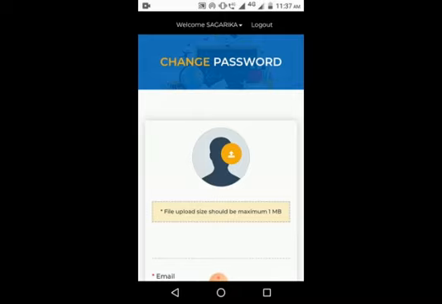Please make sure that the picture you are uploading is not more than 1 MB. Sometimes we take pictures with a digital camera, so the file size can be large. So we have to upload the picture within 1 MB.